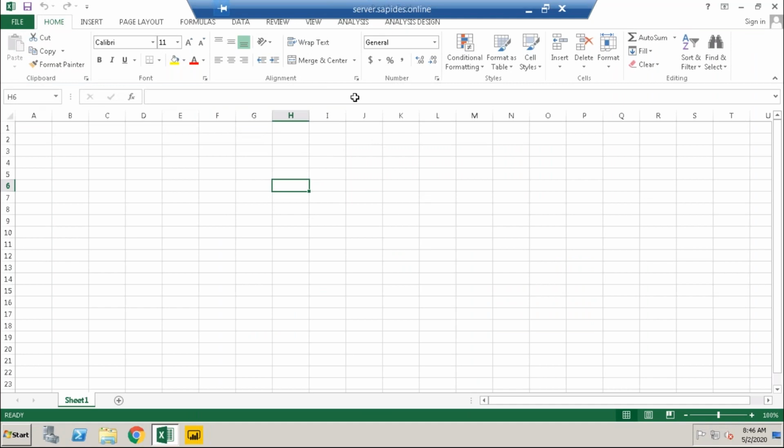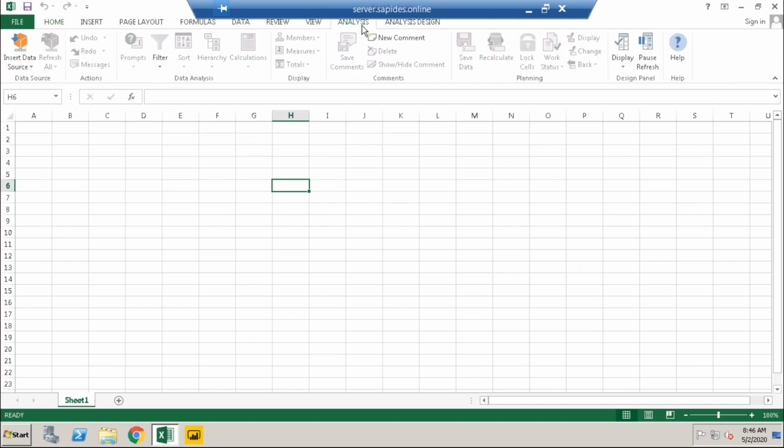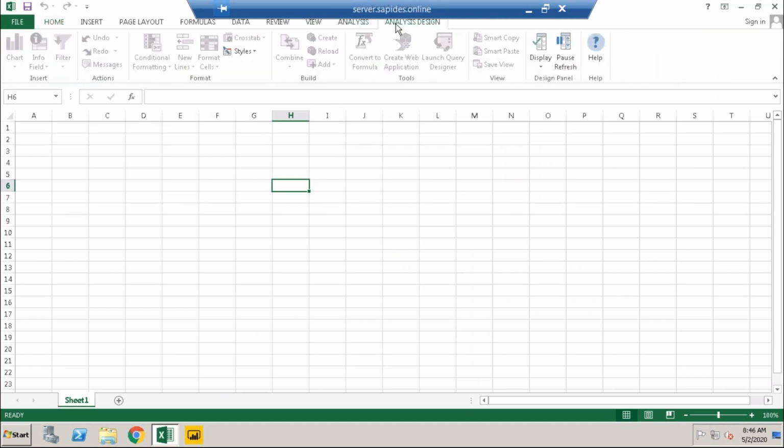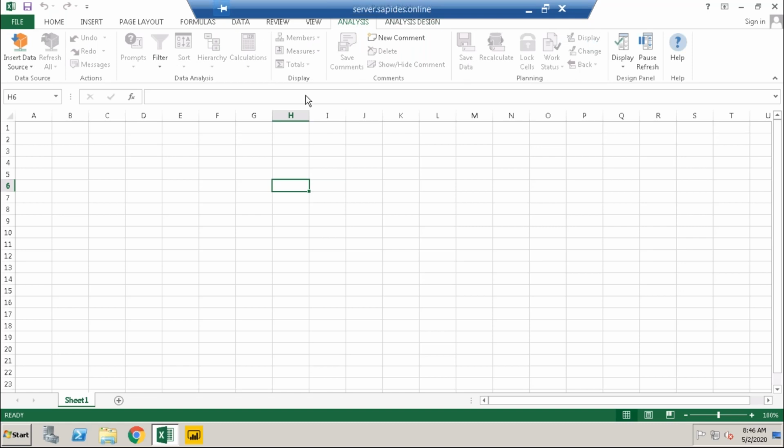This is the Excel part. Here we have Analysis and Analysis Designer. The designer will work only after inserting the data. So first we have to go to the Analysis tab. From here we have to insert the data source. It will support only OLAP data, which is HANA or BW.